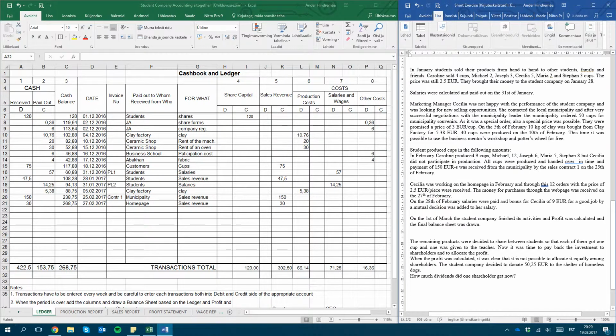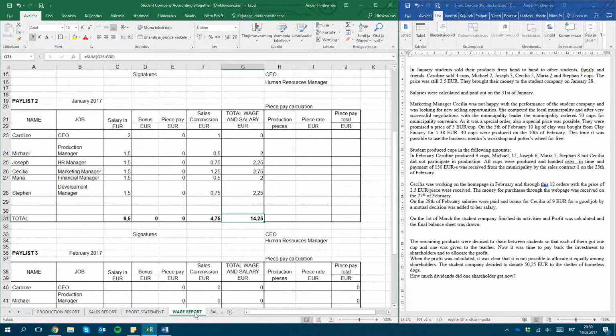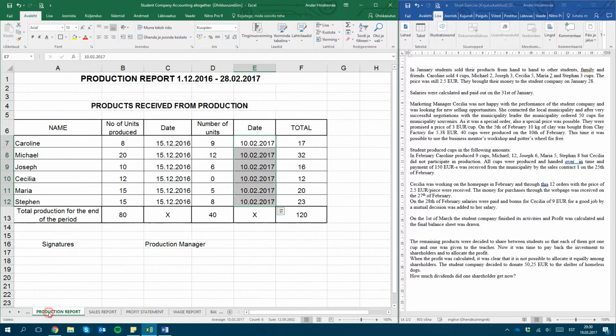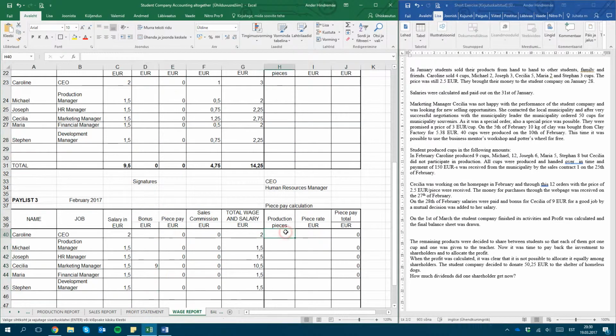On the 28th of February, salaries were paid and bonus for Cecilia of €9 for a good job. Okay, so let's go to the wage reports. Now we have the pay list number 3. As always, we have the base salary, which will not change. We copy it from the previous one over here. Cecilia gets €9 bonus. Piece pay. Let's see, did we have any production this month? Yes, we did. In February, each of them produced something, apart from Cecilia, who was doing other things. So let's copy it to the production piece pay calculation. Piece pay rate was still 0.5 per produced product. Let's copy it, and we're gonna get the piece pay in total for each person,